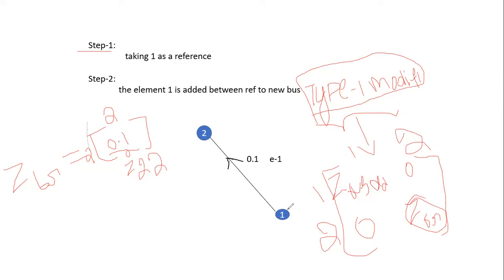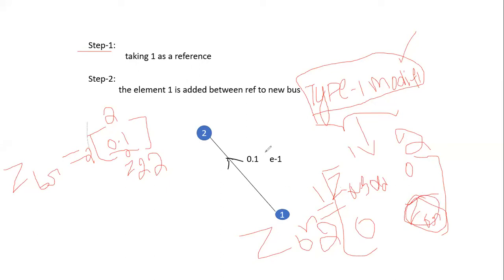If the element is added between the reference node and the new node, it is the type 1 modification. The formula for the formation of the Z-bus is Z-bus new equal to Z-bus old, 0, 0 and ZBR. ZBR is the element that will be added.